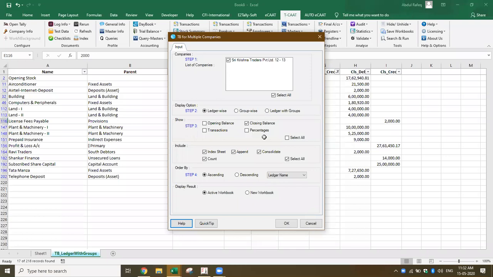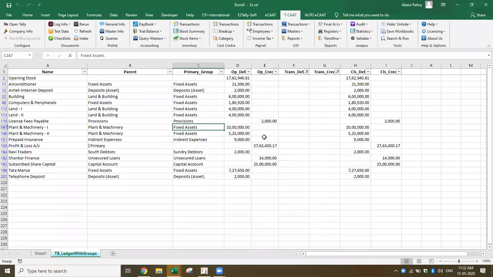For this consolidation purpose, should the nomenclature of the accounts be the same in all the branches? Ideally, it should be the same. Then only it will get totaled. Otherwise, in one case you call it salary, and in another case you call it salaries. Then the software will show them separately as salary and salaries. Let's say two branches have taken it as salary and the other three branches have taken it as salaries. Then two branches will come as salary and three branches will come as salaries.